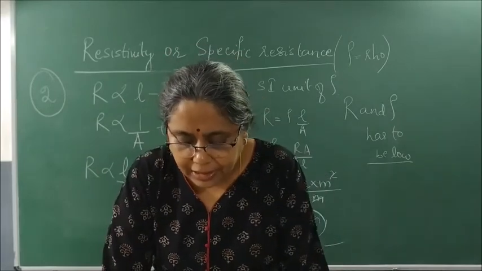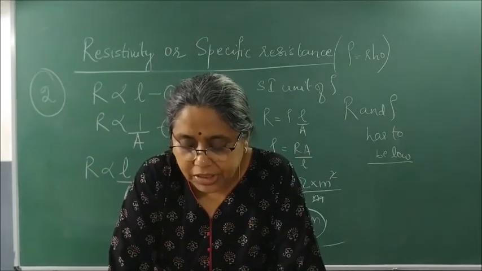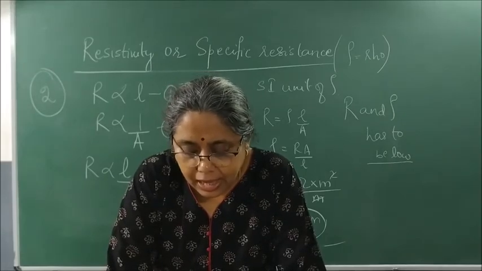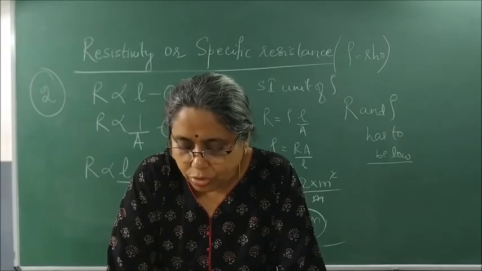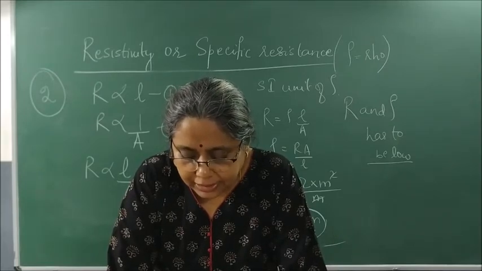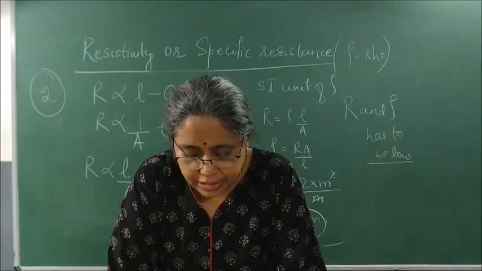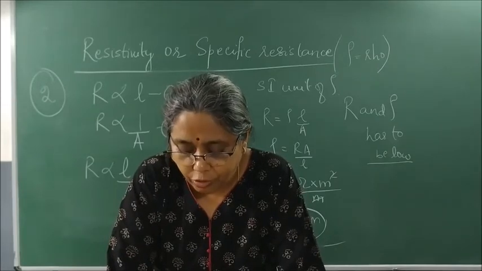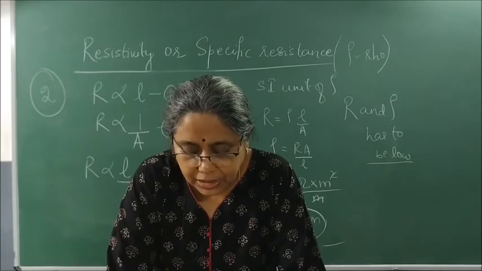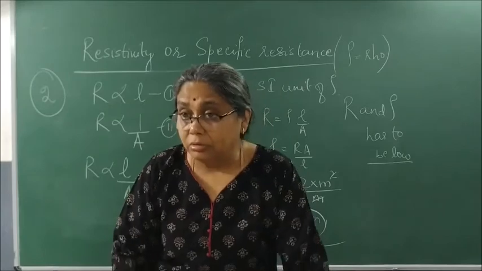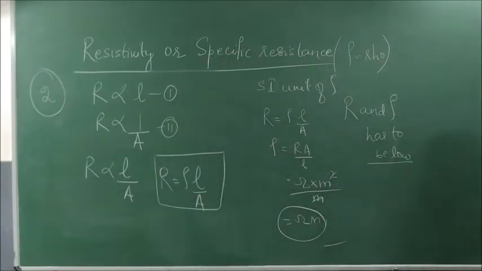Now, let us read 12.5, factors on which resistance of a conductor depend. Complete an electric circuit consisting of a cell, an ammeter, a nichrome wire of length L, and a plug key as shown in figure 12.5. Now plug the key and note the ammeter reading. Replace the nichrome wire by another nichrome wire of the same thickness but twice the length. Okay, now how to understand this?